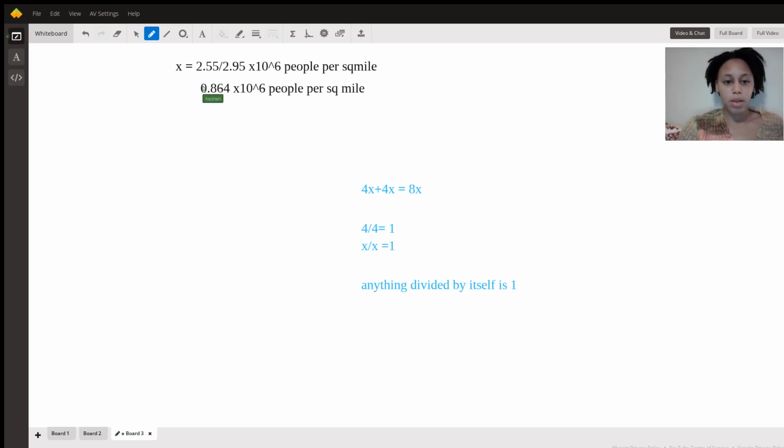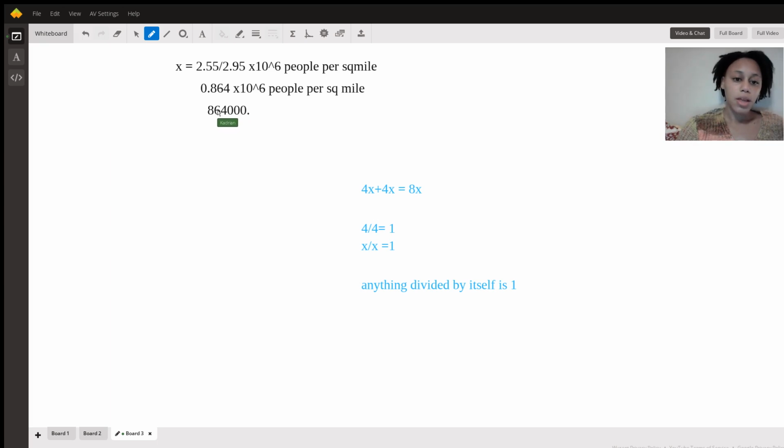Before we round up, I want to show you what this number actually is. To find out what this number actually is, we would move this decimal out. Okay, so we're going to move it out how many places? 6 places. So 1, 2, 3, 4, 5, 6. So this number expanded out,